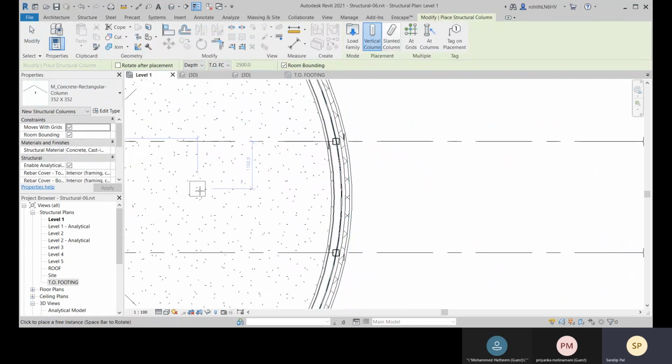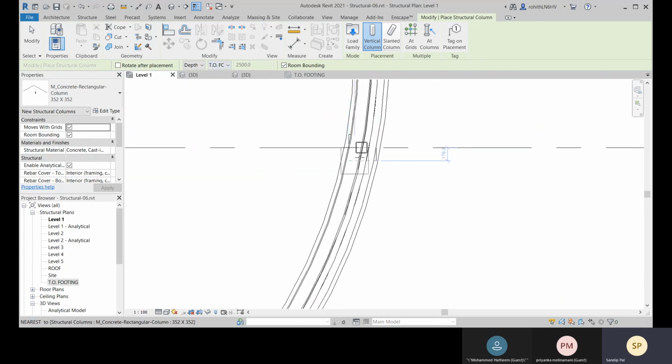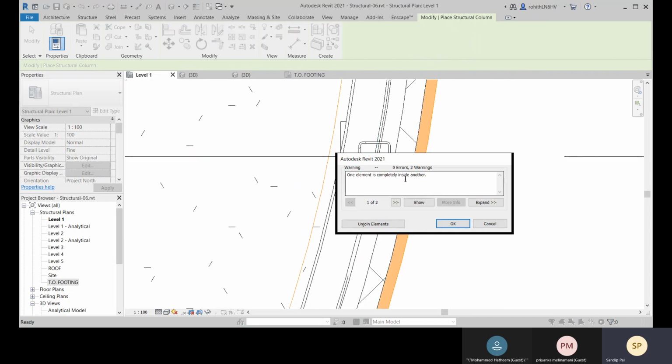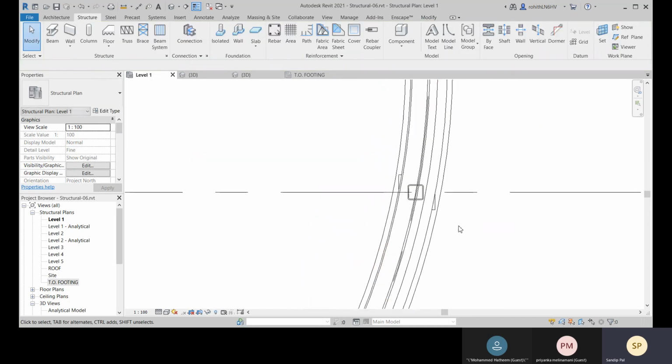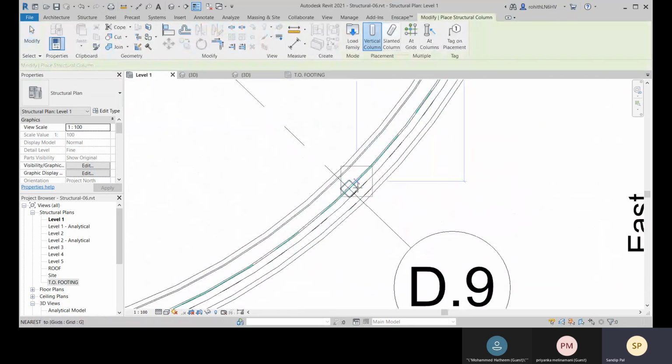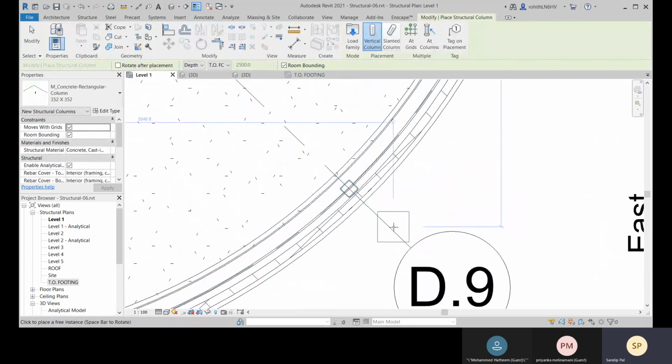Go for column, and the depth is the top of footing, that is fine. So here you press spacebar.